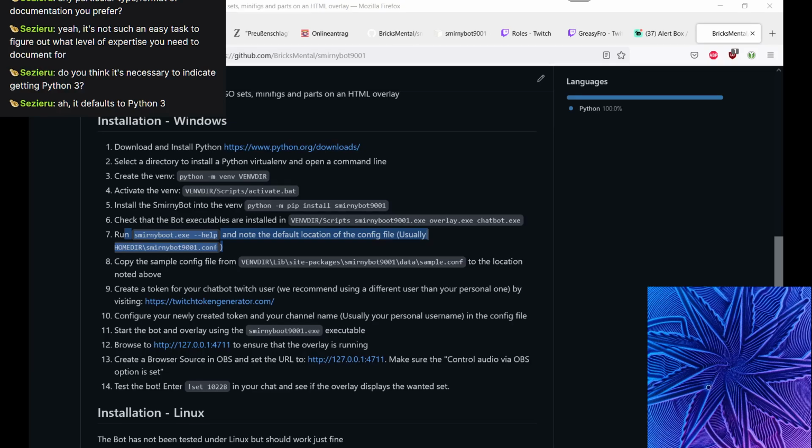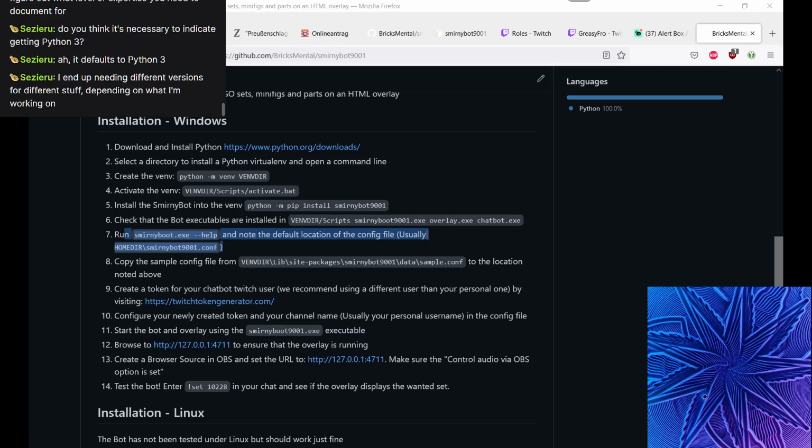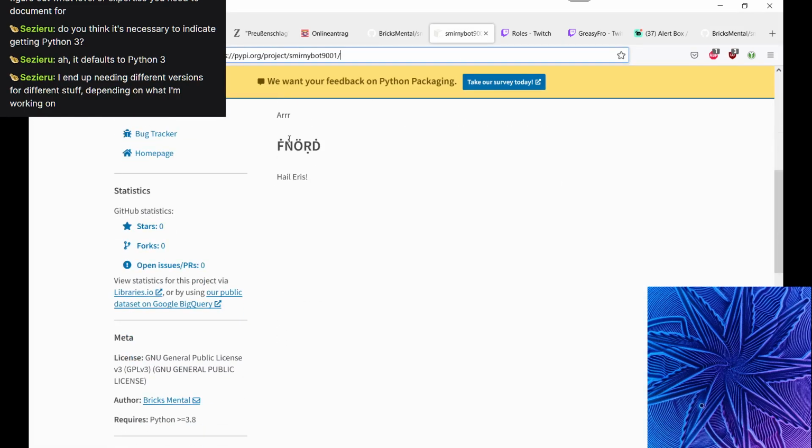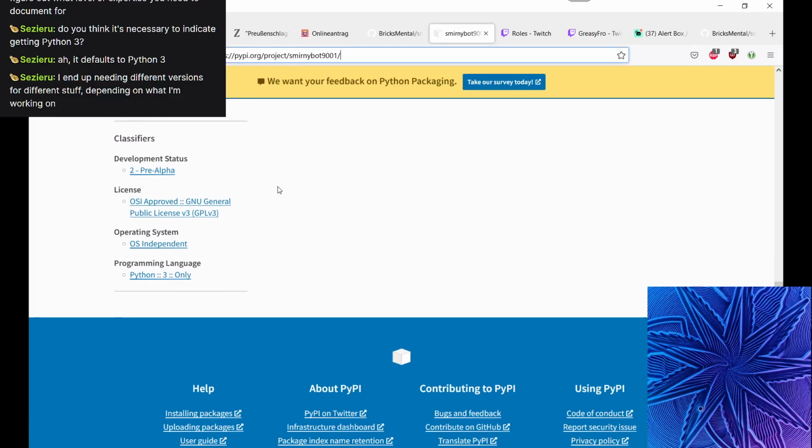But it will not work with Python 2 at all. I think pip won't even install it because I've already set it to Python 3 only. So it should ideally not even be installable under Python 2.